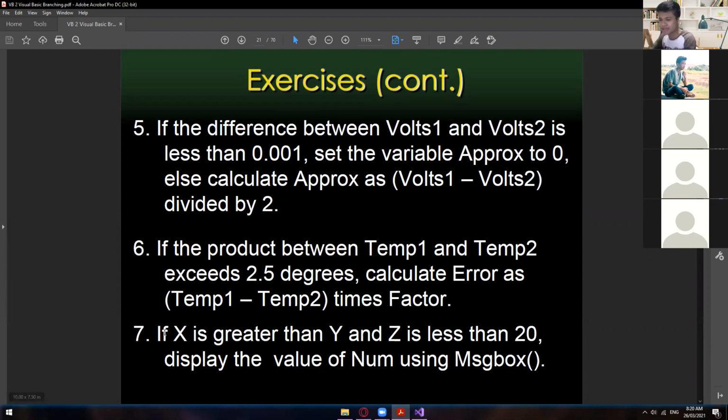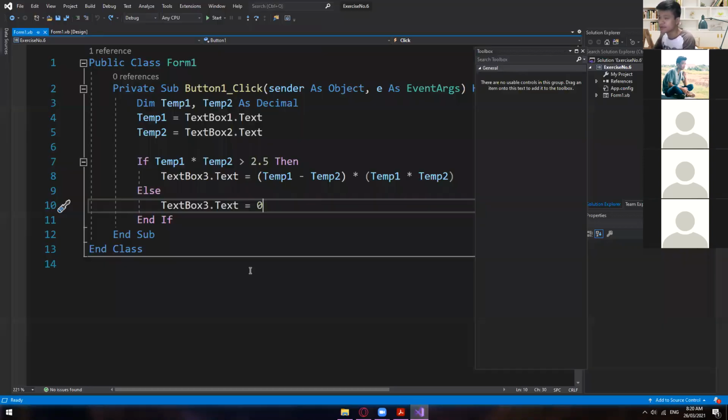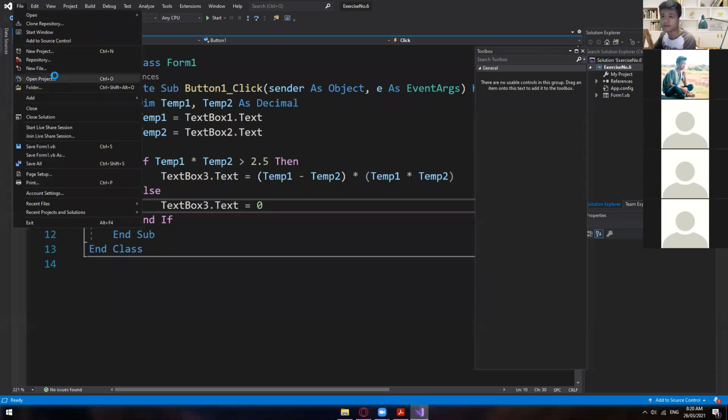All right. So moving on with number 7. It says here if x is greater than y and z is less than 20, display the value of num using message box. So again, in here, it is only telling us to show the true results. If this is false, nothing will happen, because he didn't say anything. What will happen if we have a false condition? So in here for number 7,